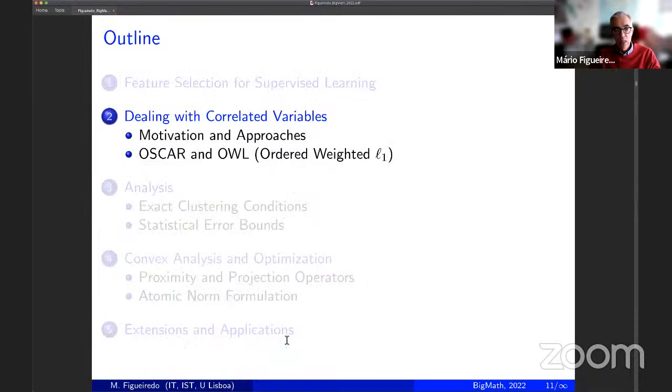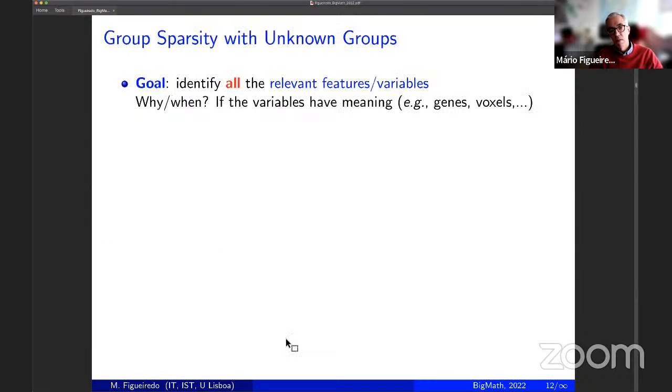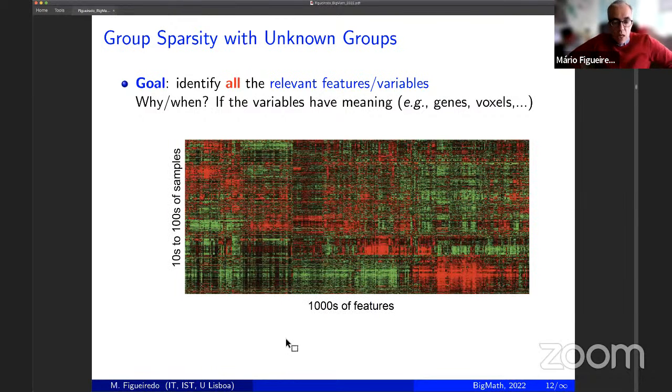Okay, so now let me get to the issue of correlated variables. Why are correlated variables relevant? Why don't we just get rid of them in some way? So suppose that the goal is to identify all the relevant variables, regardless of them being correlated or maybe redundant. Why would you want to do this? Well, one situation is when your variables have meaning. Suppose you're trying to predict a disease from gene expression data. This is just a toy picture. It's not real. Well, it is actual gene expression data, but I'm not going to use this data